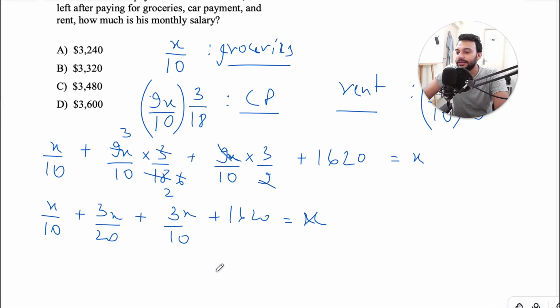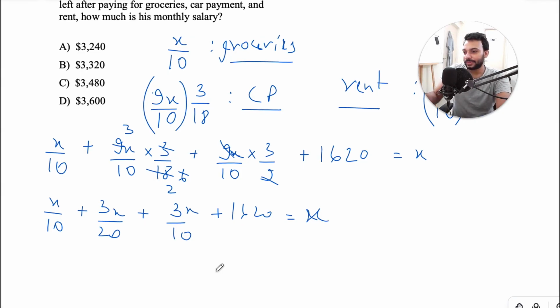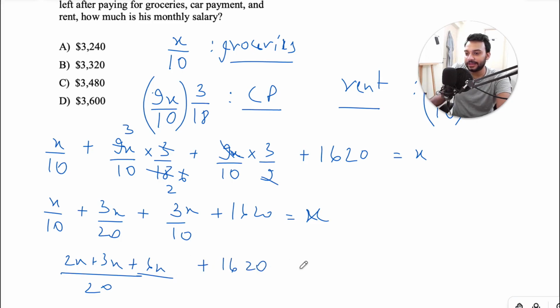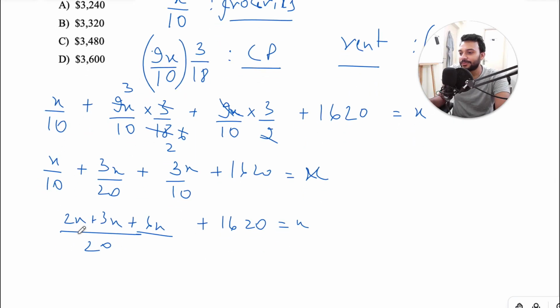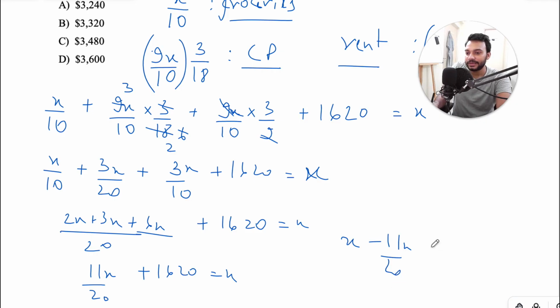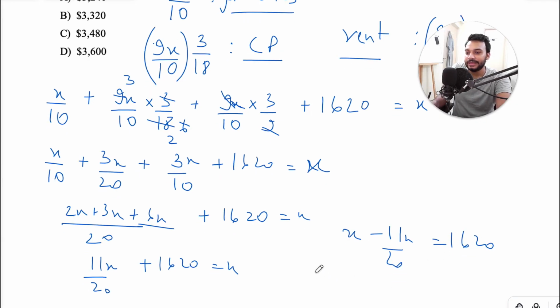Okay, 3x over 10 plus 3x over 20 and x over 10. Let's take 20 as the common denominator. 2x plus 3x plus 6x, plus 1,620 is equal to x. 2x plus 3x, 5x plus 6x, 11x. 11x over 20 plus 1,620 is equal to x. So x minus 11x over 20 is equal to 1,620. 9x over 20